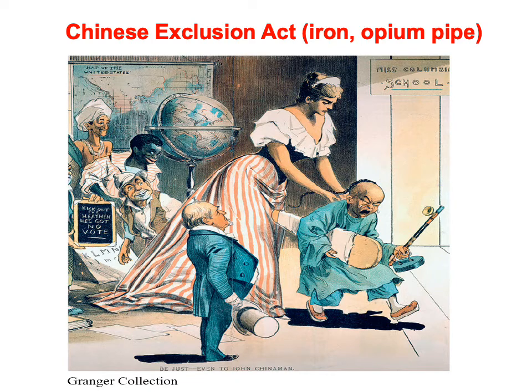Okay. Now behind the teacher, you have one student who says, "Kick out heathen." Heathen means non-Christians. He's got no vote. But it's interesting, you see the black student in the back, so a very negative caricature of the black student, large lips. But in this cartoon, he's certainly more acceptable than the Chinese. He's not being pushed out.